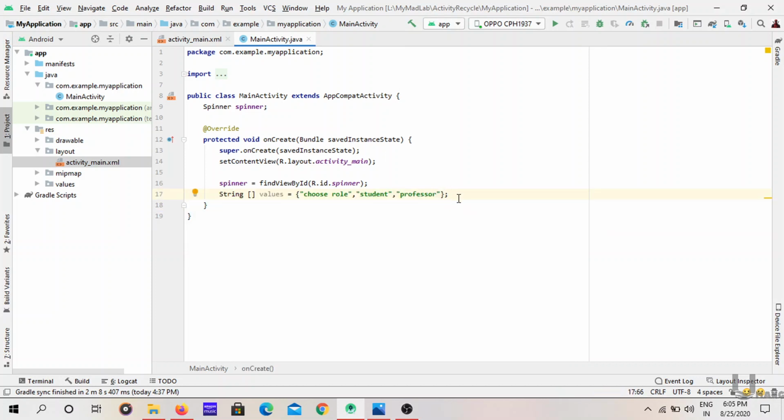Okay, now I want an array list. If you want to know what an array list is, you can simply Google it. There is no big difference between an array and an array list. One main difference is that an array list can change its size dynamically, but arrays can't change their size.